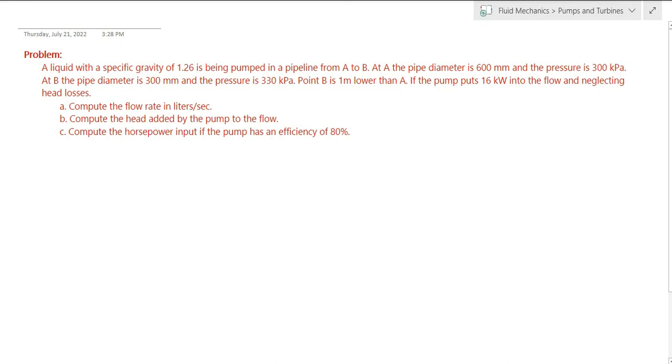So let's draw this. We have something like this. Okay, now here is the center line of this pipe. Let us assume it to be the center line of the pipe. This is point A, this is point B, right? Now